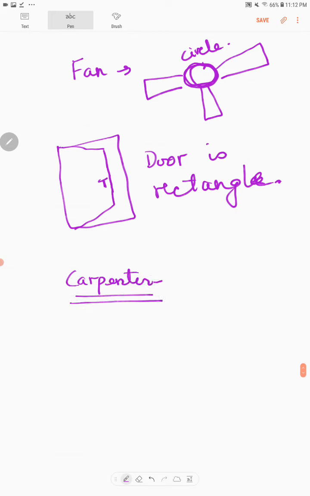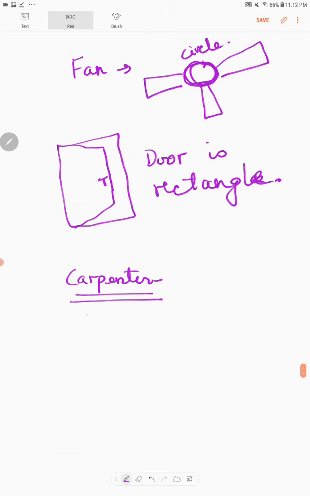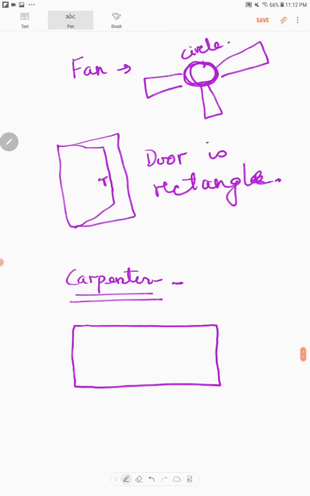A carpenter is a person who makes things out of wood. So if he makes a door or a table, what will he do? First he will measure and cut the wooden piece into a rectangle. That time when you grow bigger and when you do some things, these shapes are very important to understand what shape you are going to use for making certain things.